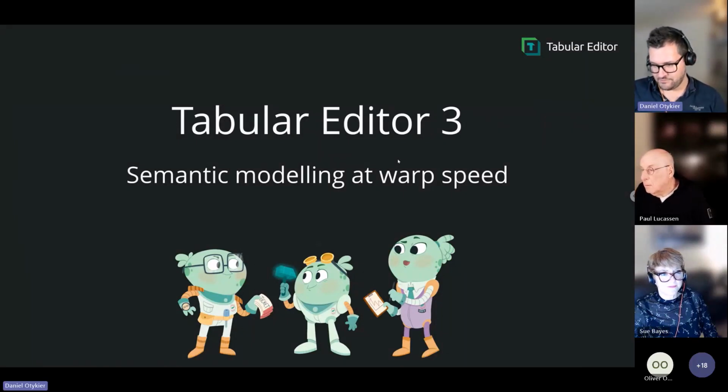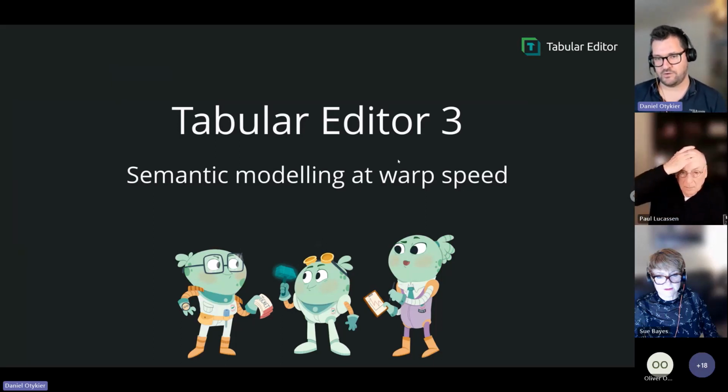All right, thank you very much, Sue. So this session is titled Tabular Editor 3, Semantic Modeling at Warp Speed. The session will be primarily around Tabular Editor 3. I will also point out some of the differences between Tabular Editor 2 and Tabular Editor 3, but it mostly serves as a session to show you how Tabular Editor 3 can help you become even more productive